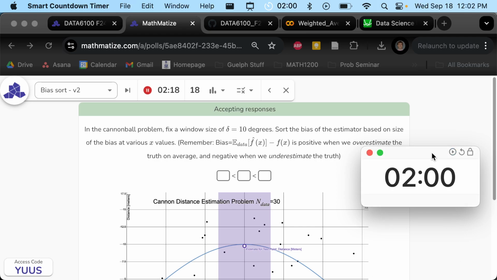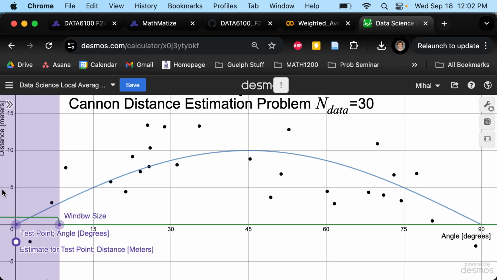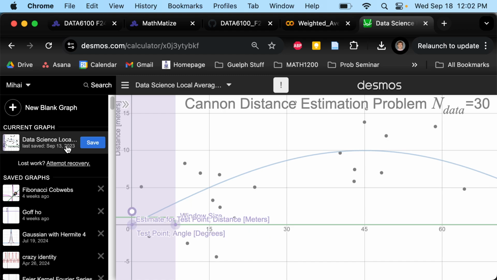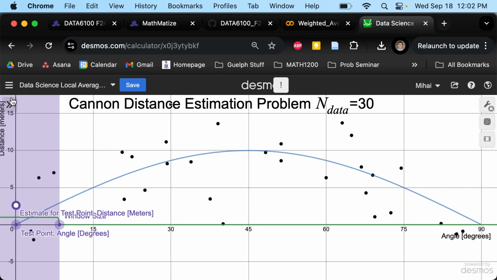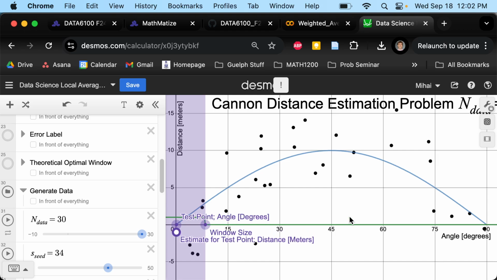Okay, yeah, there was a really great question over here, which was about when you're looking at the bias, is that the same kind of question? Let me freeze the seed over here. Let's freeze the seed. Generate data. Okay, seed. So one thing you can ask yourself, if you have a particular fixed seed, you can say, are we overestimating or underestimating, right? So you can put the